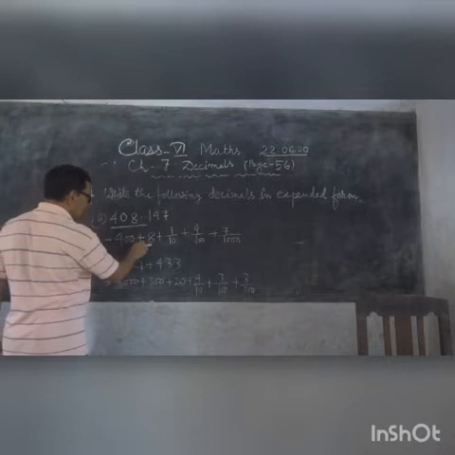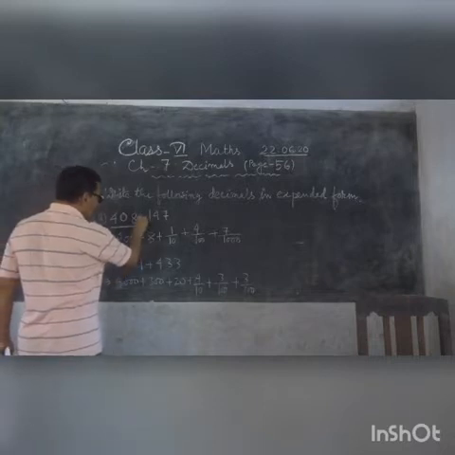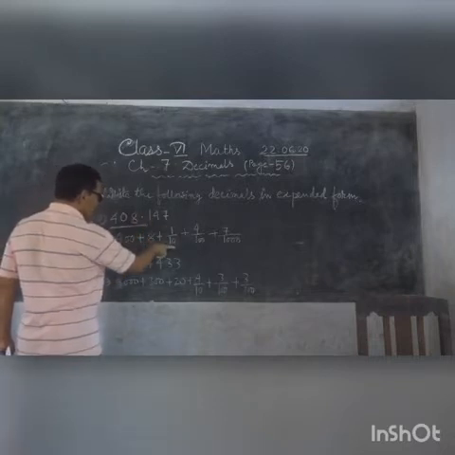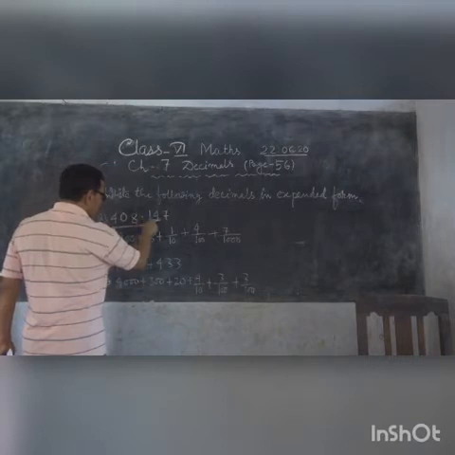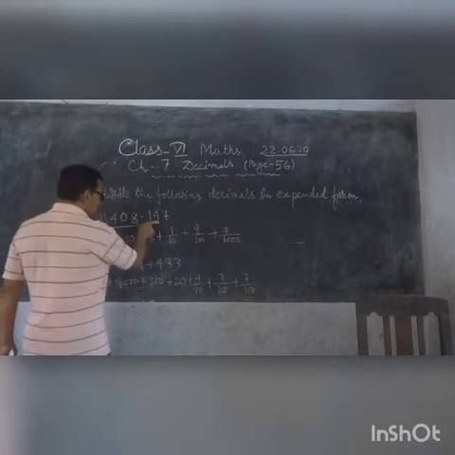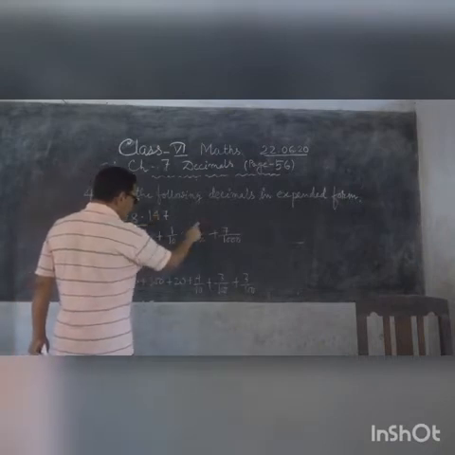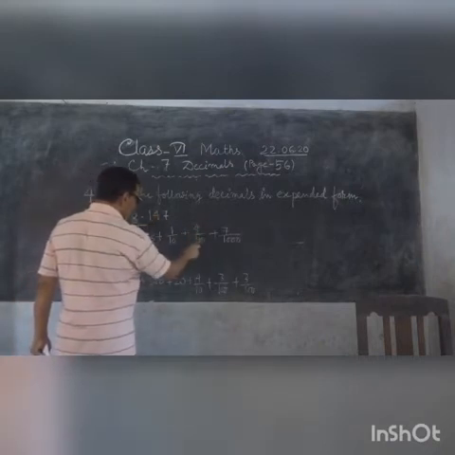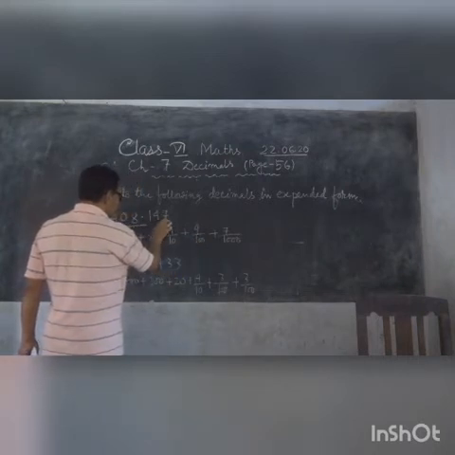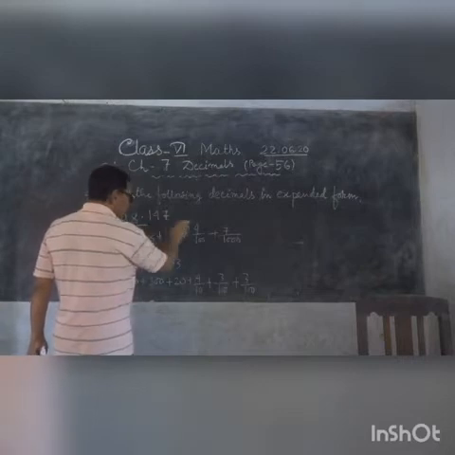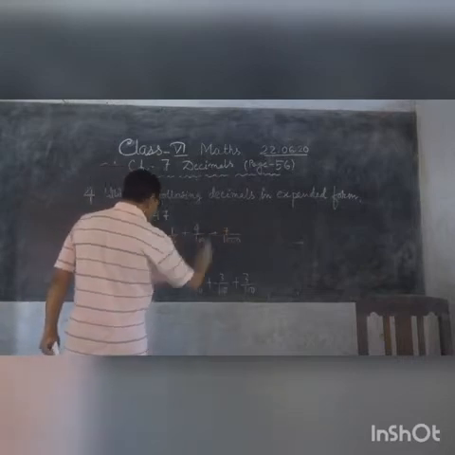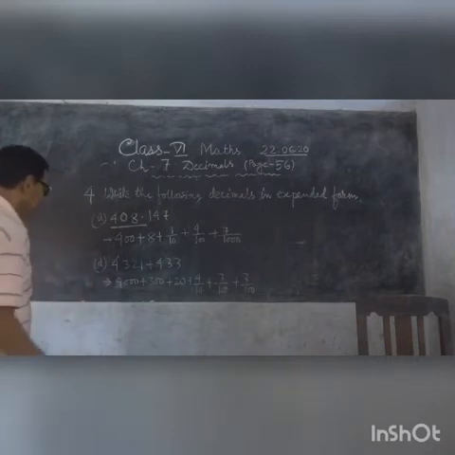400 plus 8 plus, in the decimal part, 1 means 1/10. Then 4, that is 0.4. Actually, 1.47: the first digit is 1/10, and 4 is 4 parts of 100, that is 4 by 100, and in the third place, the thousandths place, it will be 7 parts of 1000. Similarly in D.